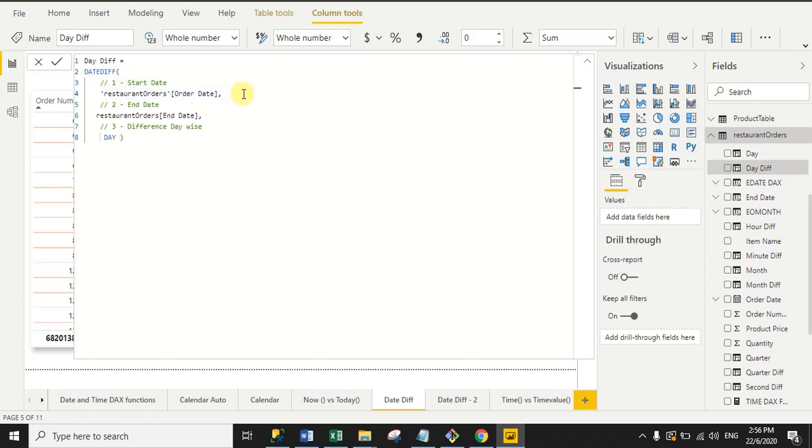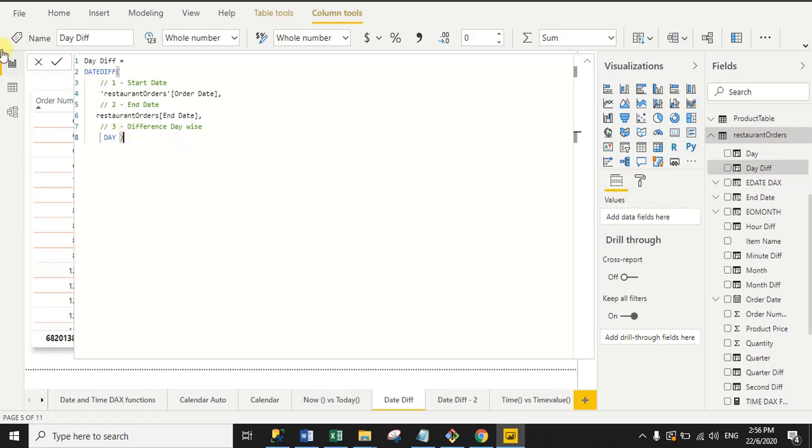In my case my start date is order date, right? Then comma, and in the second argument pass the end date, and after that comma, and the third argument is interval, and in interval you can pass DAY because I want to get the day difference between two dates, so it will return the day counts.